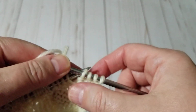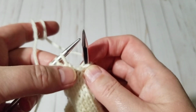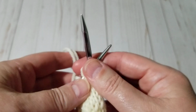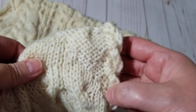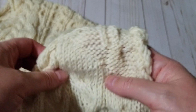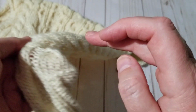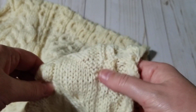Okay, so when I come back, I'm going to knit 1 extra stitch, purl. So this would be right here. And then when I turn my work, I would make another purl. So I am going to continue knitting like that all the way. And while I'm doing that, I am making my cables on the wrong side of the work. See? So I continue knitting